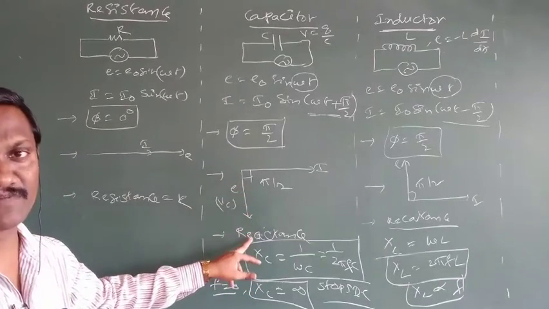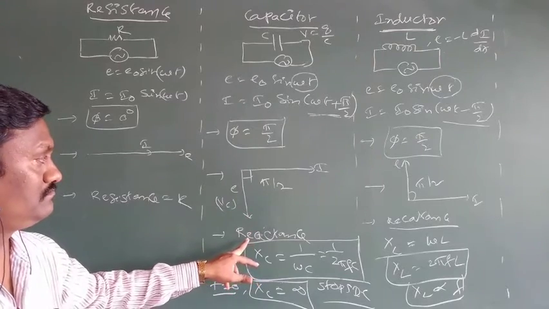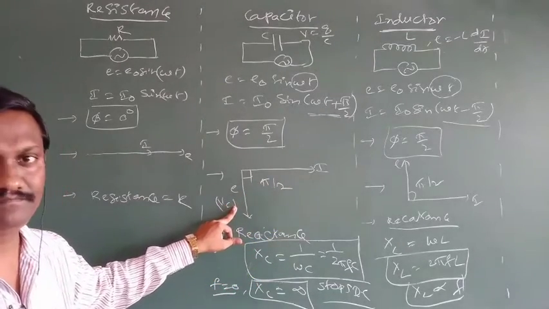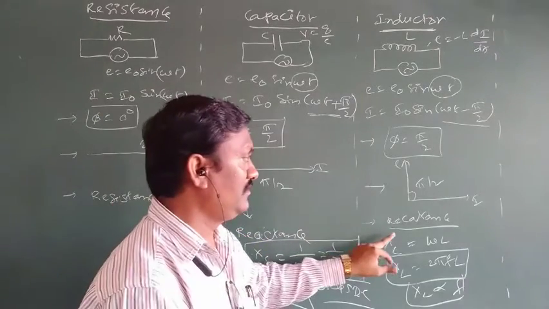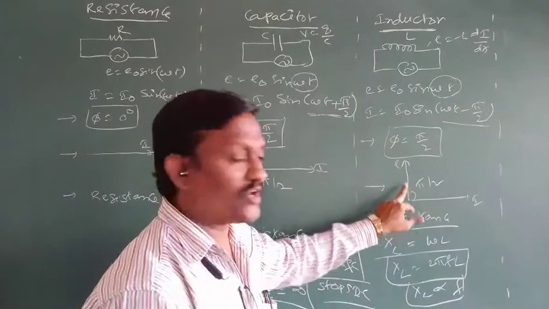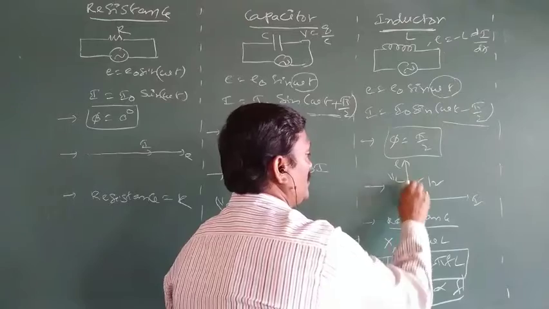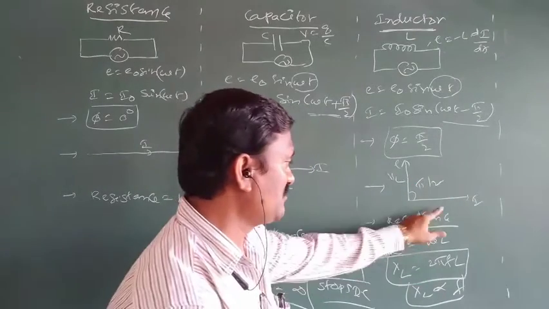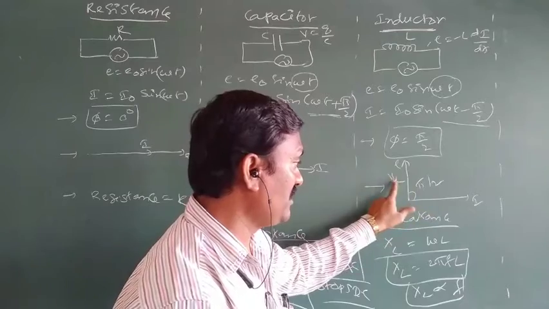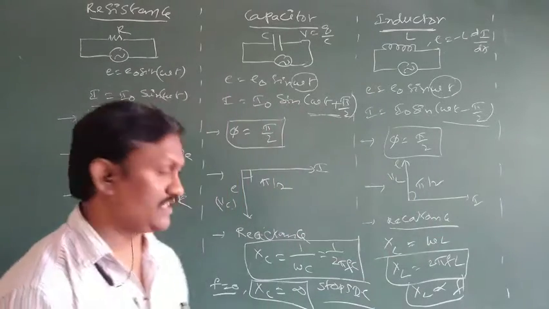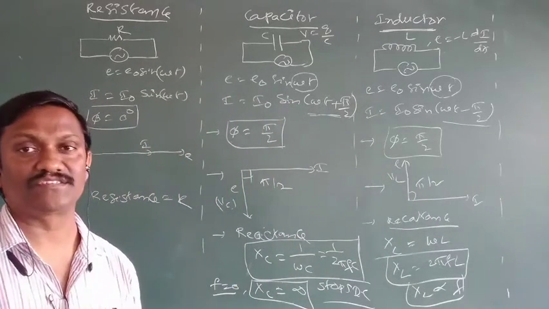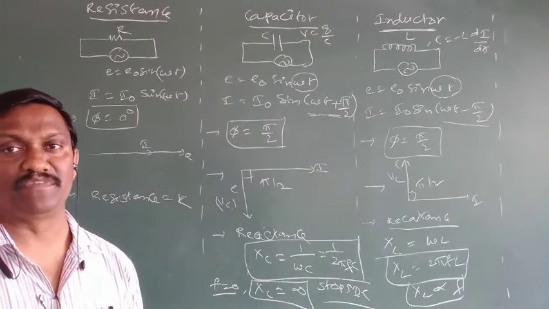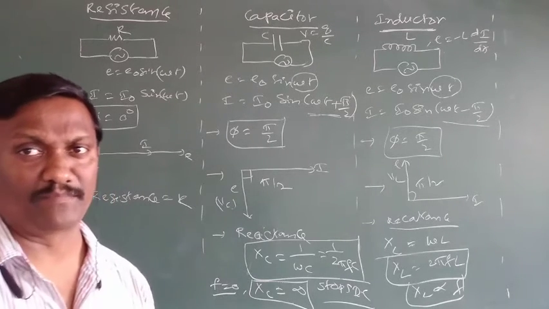The EMF across the capacitor is in the vertically downward direction. The phase is pi by 2; current and EMF are at right angles. In the case of a pure inductor, the phase of the EMF, the potential difference across the inductor VL, is vertically upwards, and the phase of current is horizontal. So here also the phase between current and EMF is pi by 2, but EMF leads and current lags. These are the very important differences between AC through a pure capacitor, pure inductor and pure resistor.